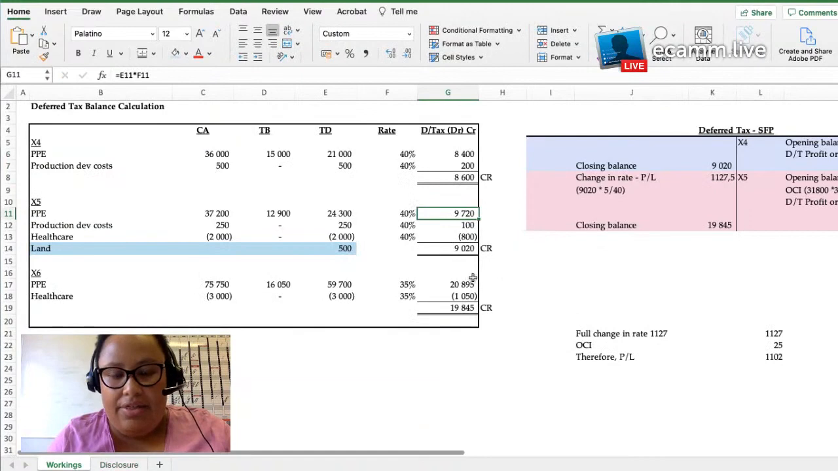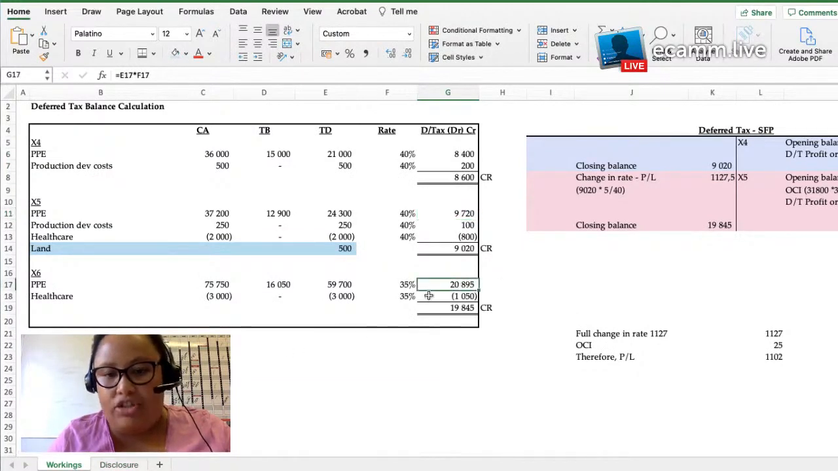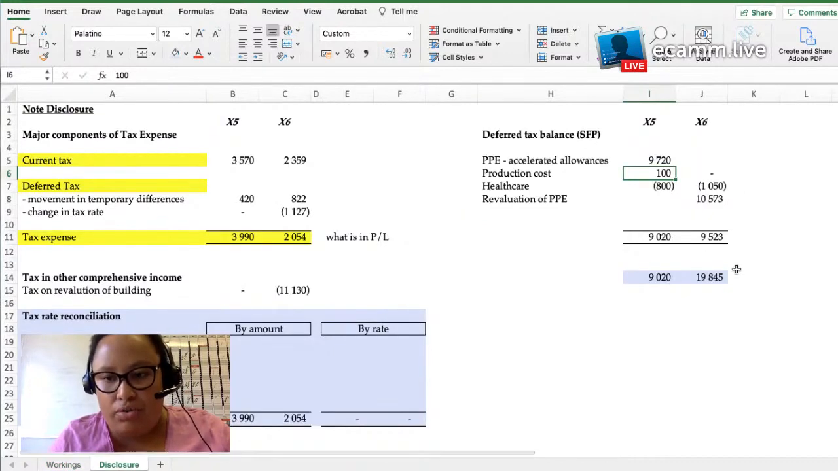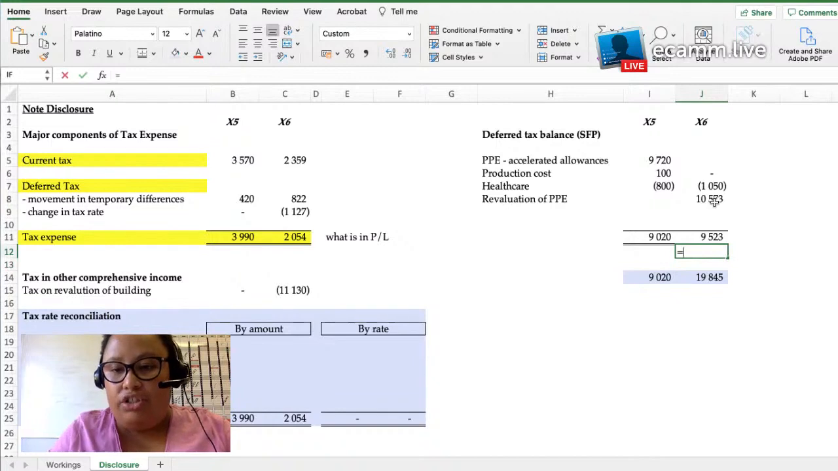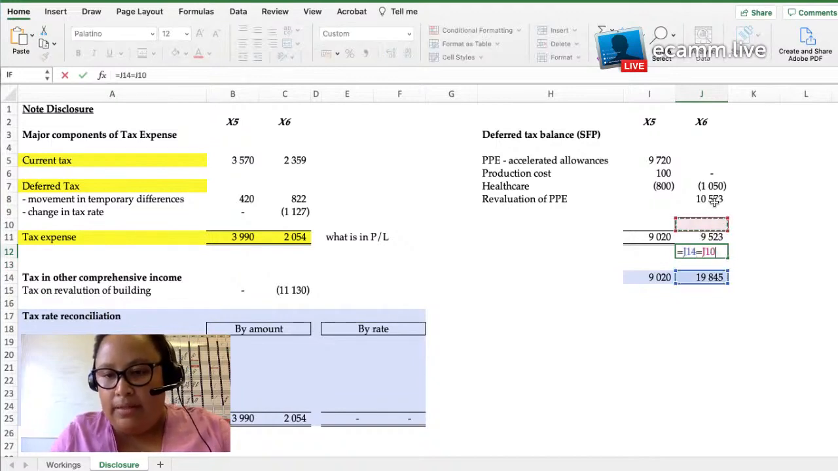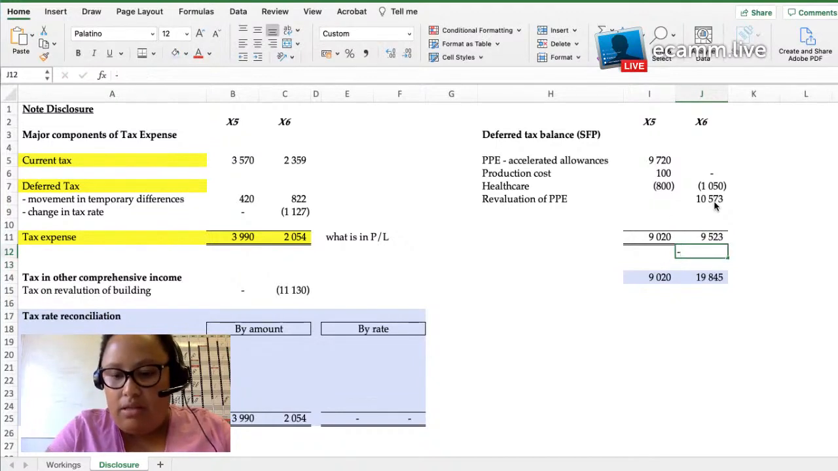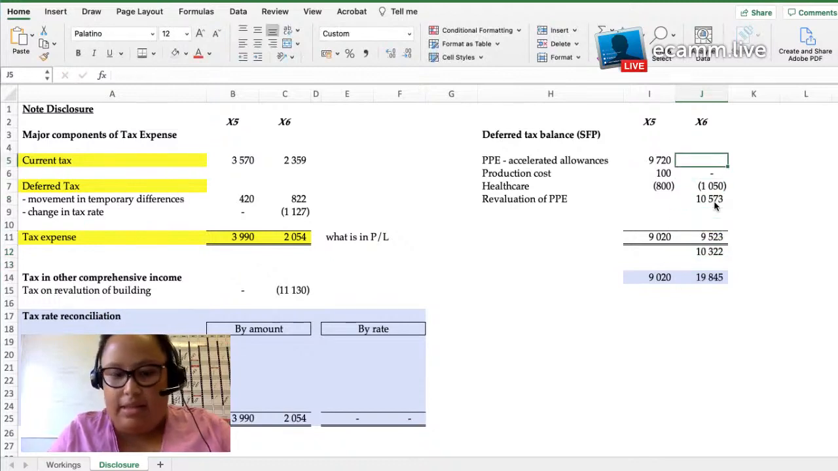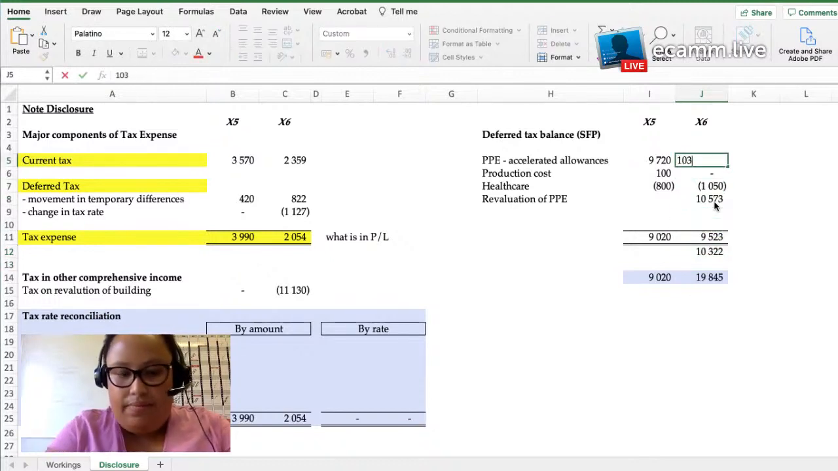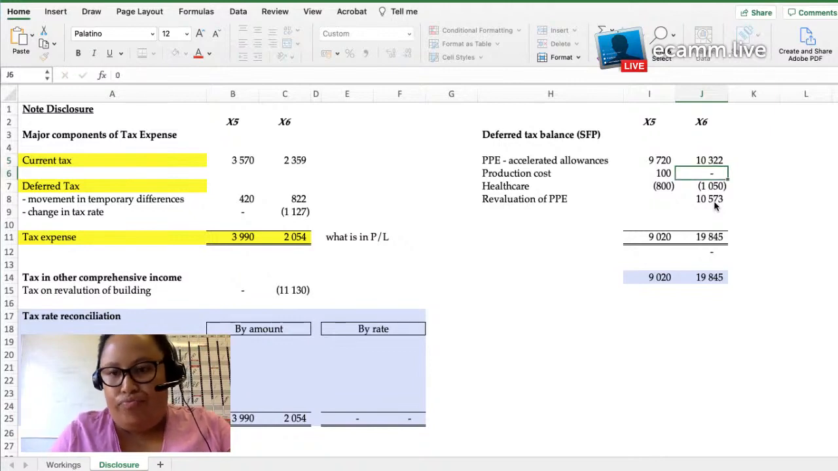And then in the current year, it's the 20895, but remember we can't use the 20895 because the full PPE includes both the accelerated allowances plus the impact of the revaluation. So we just do the difference between that and that, and the difference there is the 10322. Okay,